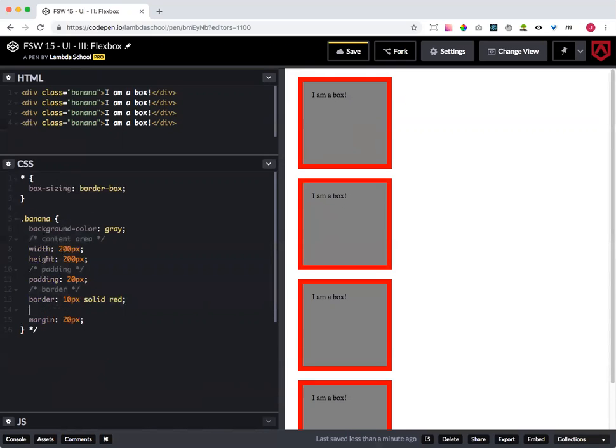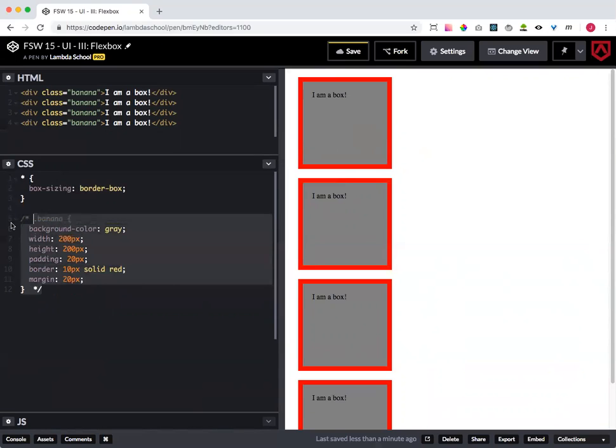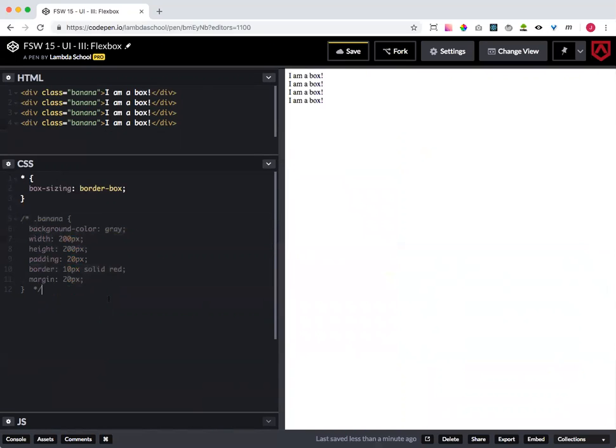All right, I'm going to get rid of these so you guys know what they are. And I'll comment the whole thing. There we go. Okay, let's move forward